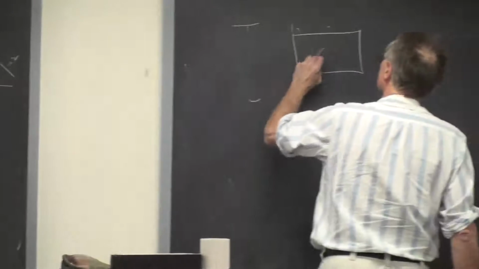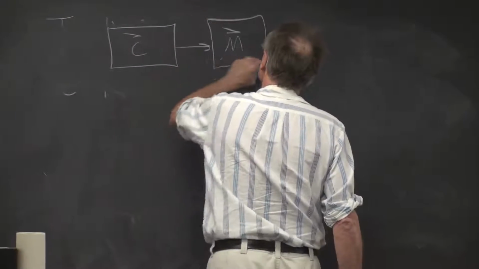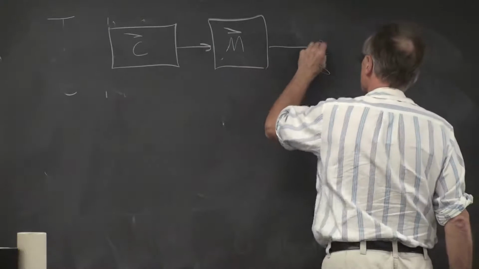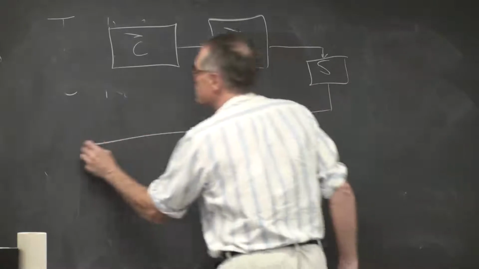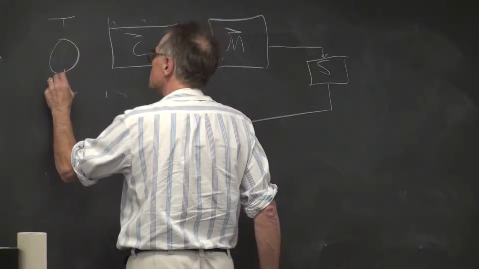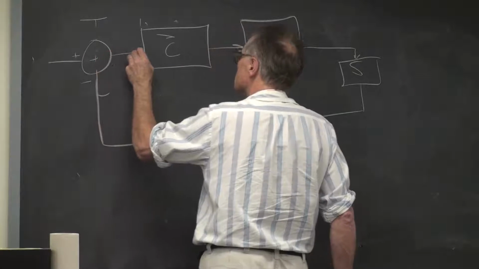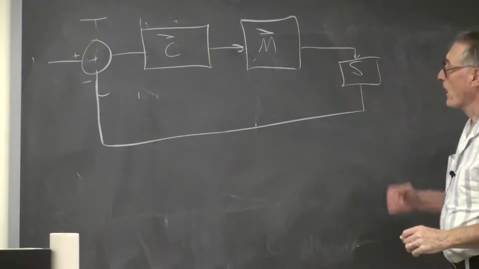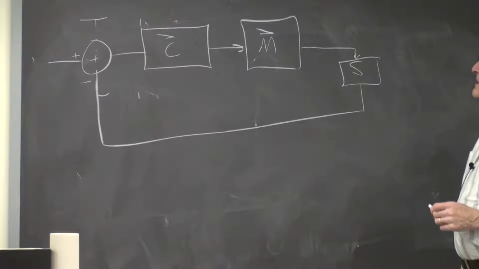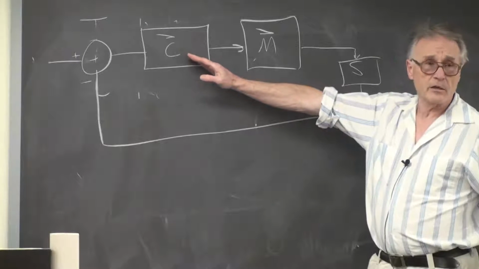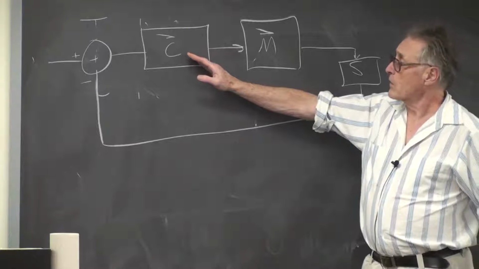Going back now to C vector feeds motor vector, feeds the sensor, gets fed back. Well, let's say that C is just a scalar. It's just a constant. Then